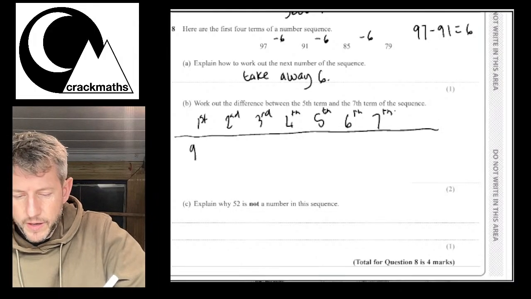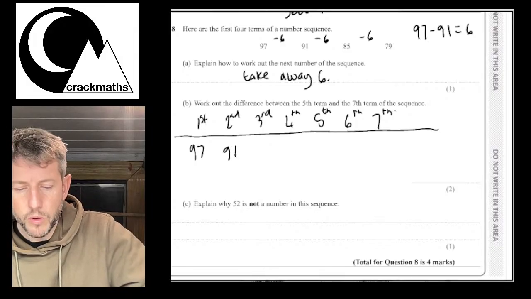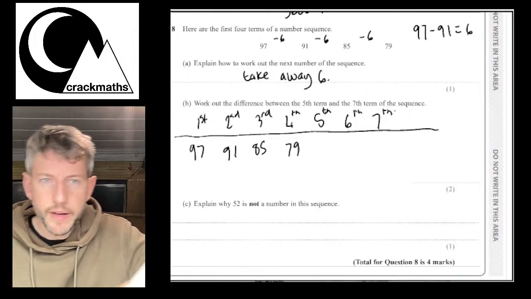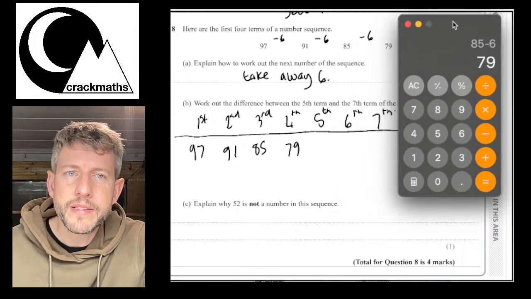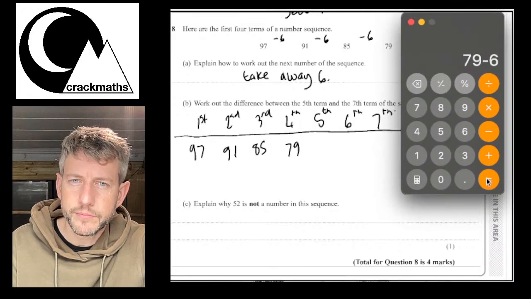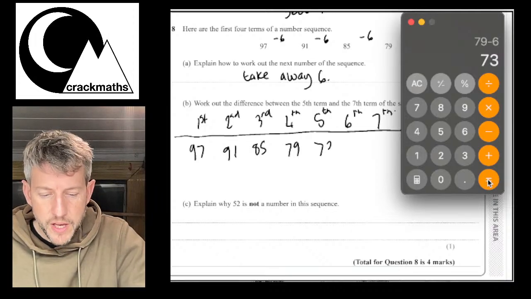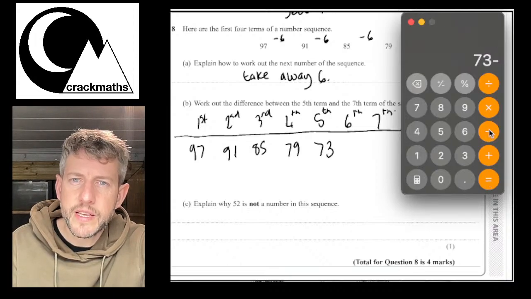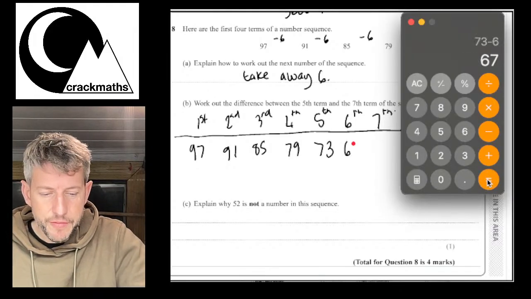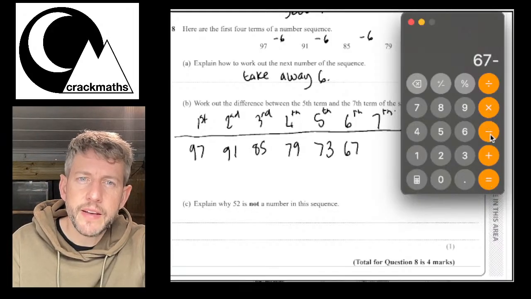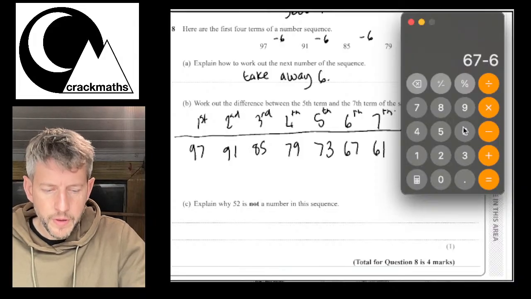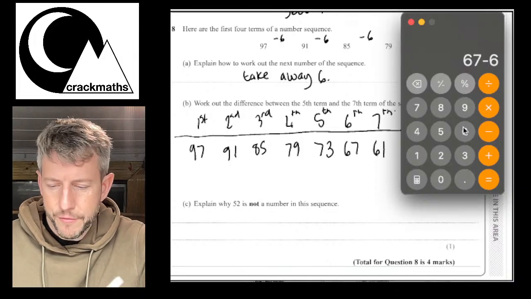Our first term is 97, second term is 91, third term is 85, fourth term is 79. So I'm going to now just keep taking away 6 to continue on the sequence. So take away 6, 73, so the fifth term is 73. Take away 6 again. The sixth term is 67. Take away 6 again. Gives us 61. Okay, so now we've got our 7th term